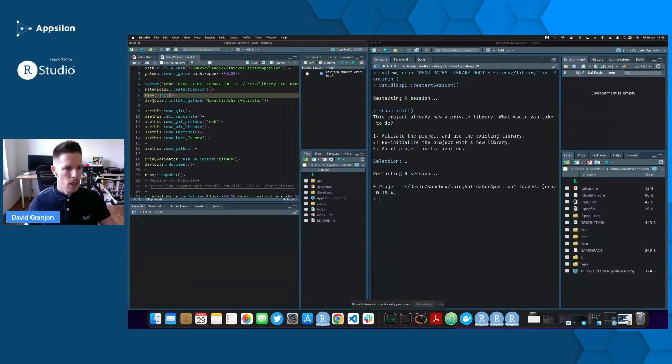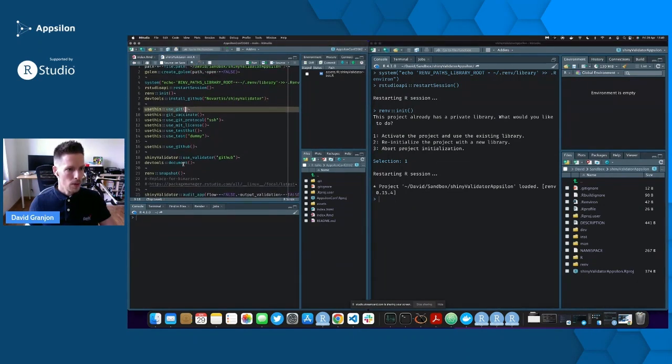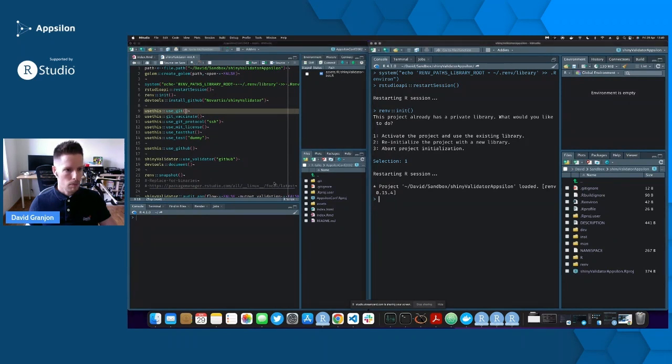And the next thing is I want to install Shiny Validator. I already did it before, so I'm not going to do it again. But I'm going to show you, just to load the validator here. And there are some checks. Yeah, it says that